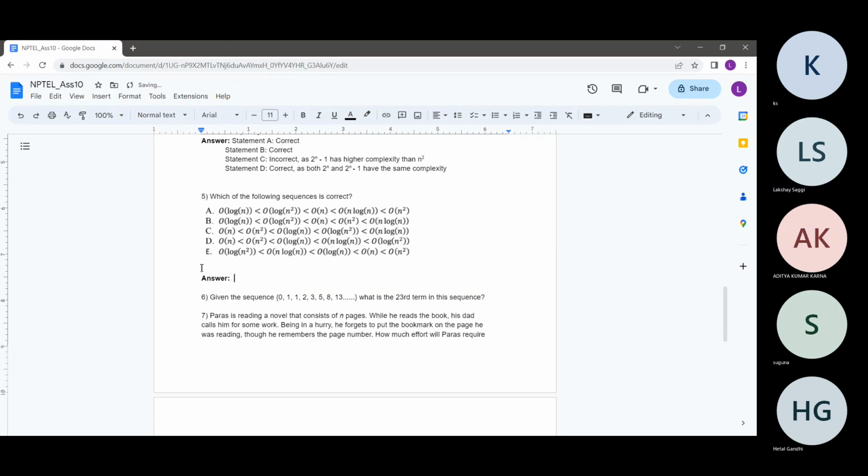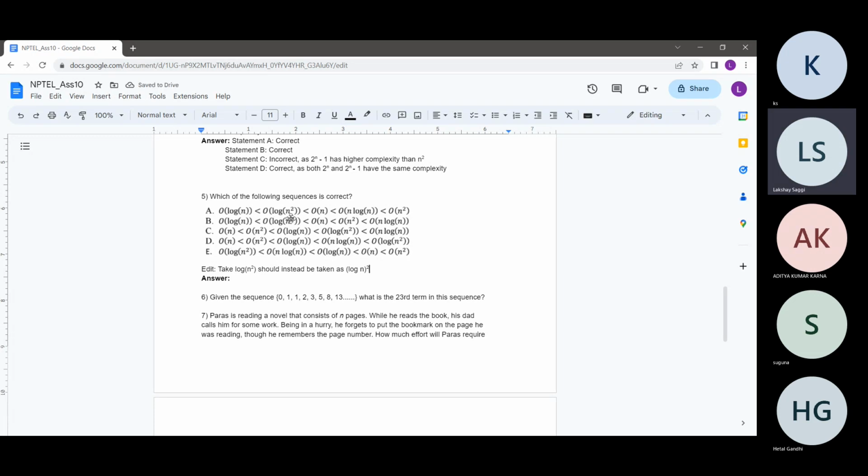Log n square should instead be taken as log n whole square. So what I'm saying is